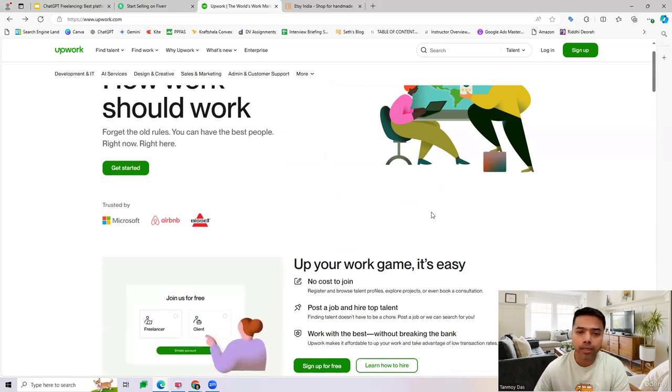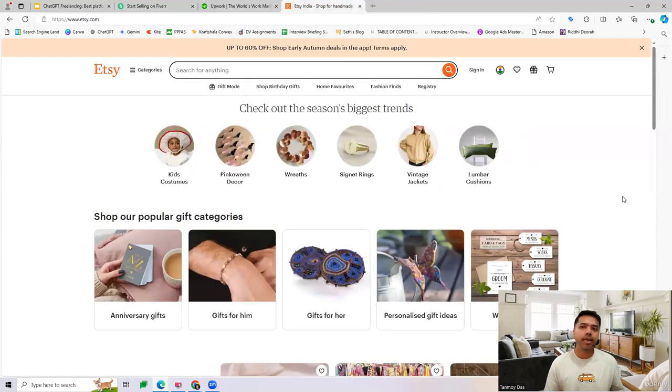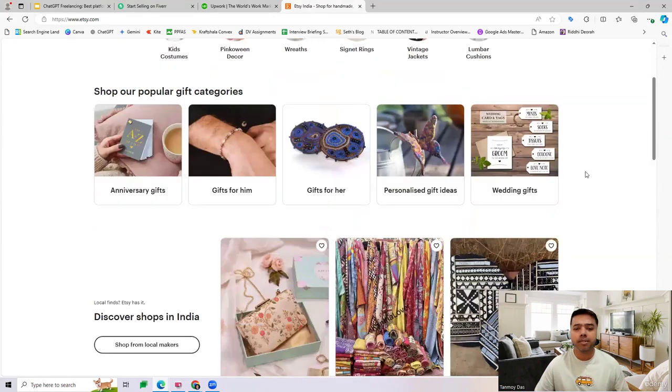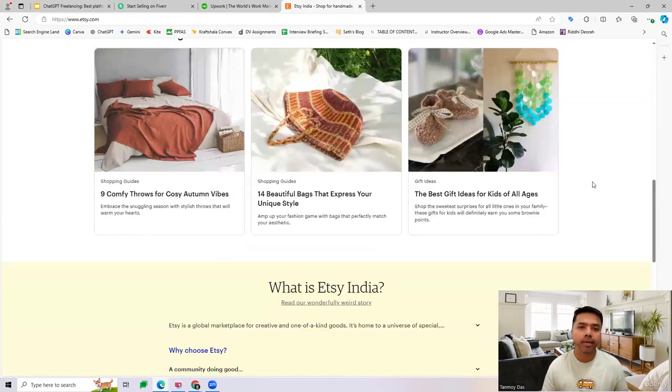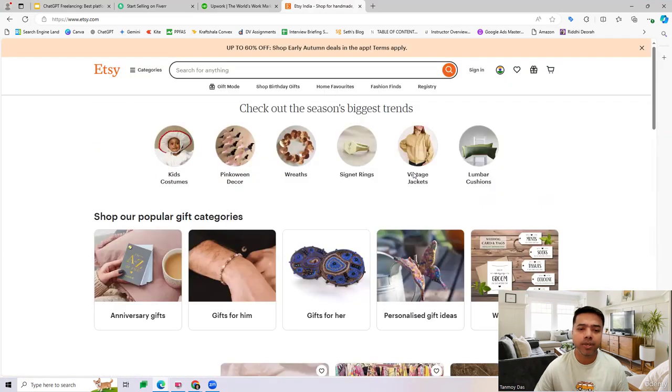So these are two best platforms, I would say, for freelancing services currently available across the globe. The third one is going to be Etsy. Etsy is basically an online store which you can set up. As you can see, this is a very artistic, elegant and design-specific website where we can build out a particular store for ourselves, where we are selling different types of high design products. So for example, let's say we're looking at kids costumes.